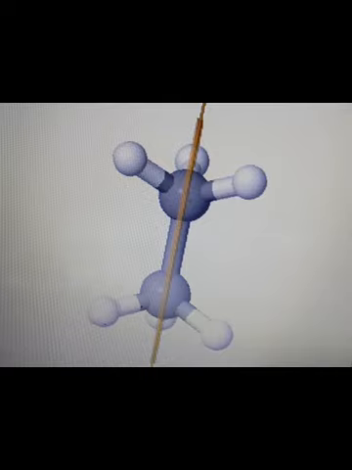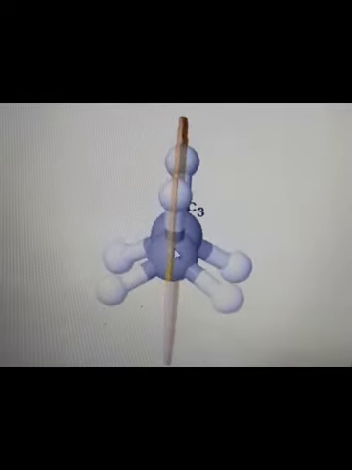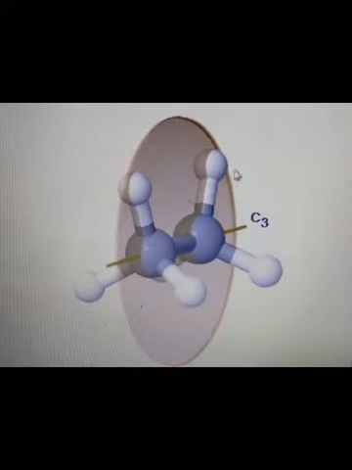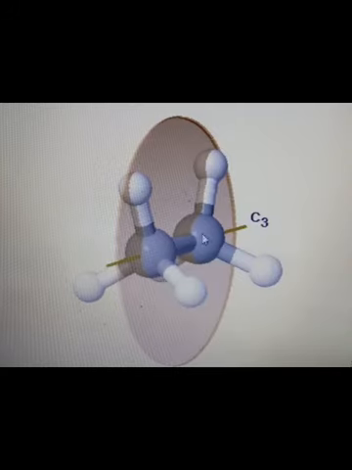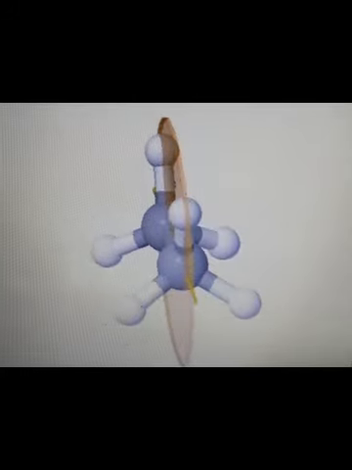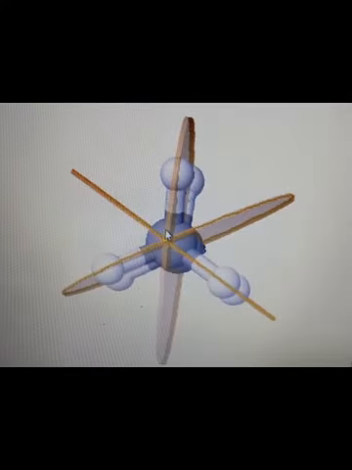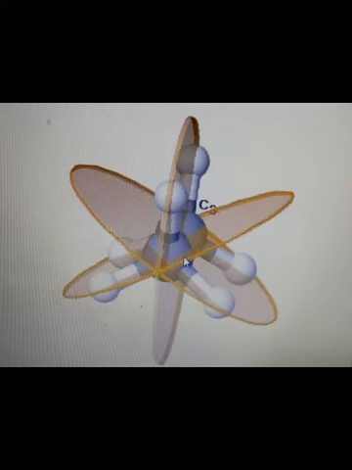See, that is the reflection which is taking place. So here you can see that each sigma v is passing through the hydrogen, carbon and hydrogen on the right side. Likewise, there are 3 such types of bonds possible: carbon, hydrogen, carbon, hydrogen. Along this you have one plane. Carbon, hydrogen, carbon, and this hydrogen you have another plane. So therefore 3 sigma v's are possible in the case of the eclipsed ethane molecule.